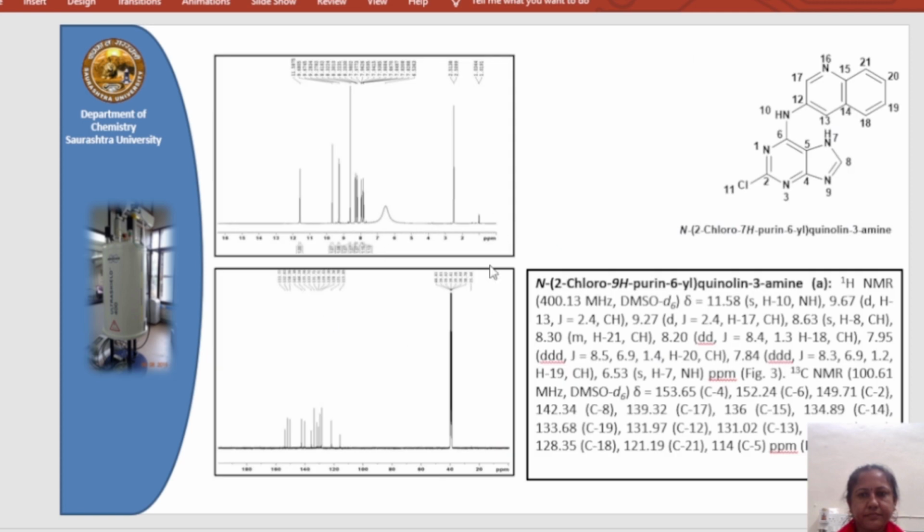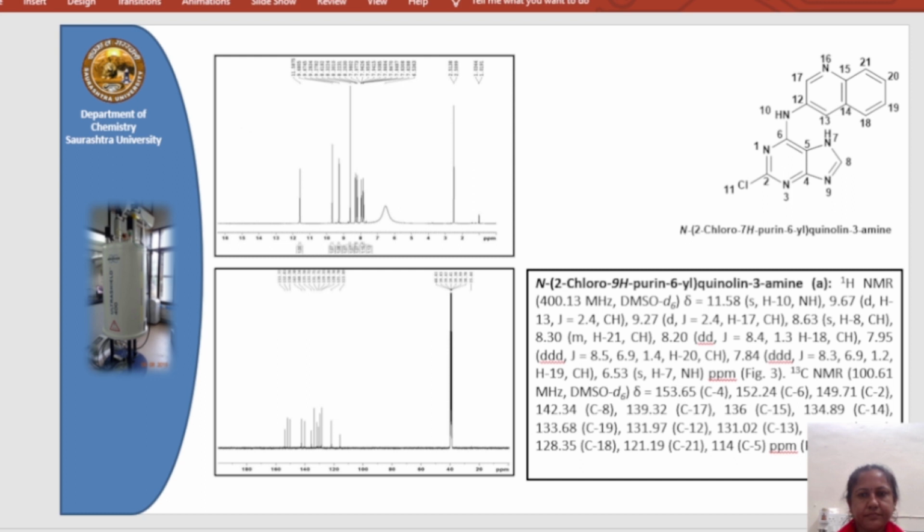Here you can see that before going for the 2D NMR techniques or the second pulses, it is necessary to know about the single pulses. If we have knowledge of the single pulse, it helps us to interpret the 2D NMR techniques. So here we have recorded the 1H NMR spectrum of this purine aminoquinolide derivative, and we also report the C13 NMR spectrum of the aminoquinolide derivative. And here you can see the chemical shift values of the proton as well as of the carbon 13. But why do we do that?